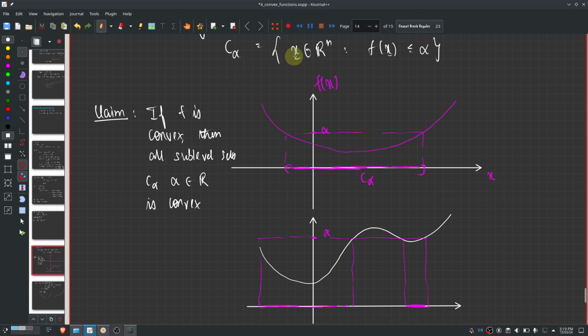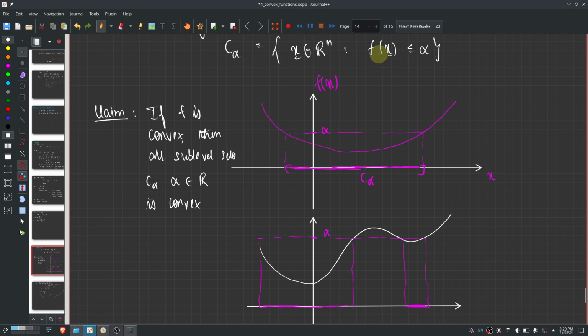True, but for example, if f is not convex, then C alpha need not be convex, right? It's not true for all functions. It's only true for convex functions. So you need to use the property of convexity somewhere, right? And the main idea is that to prove convexity, you take any 2 points in the sublevel set, x1, x2. You want to show that alpha times x1 plus 1 minus alpha times x2 also lies in the sublevel set,